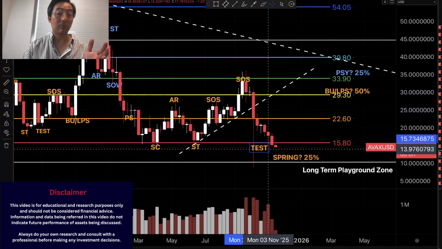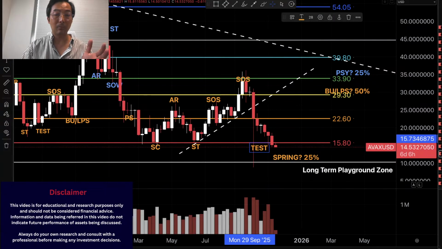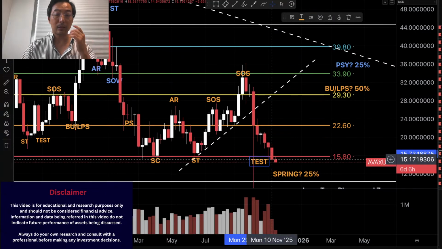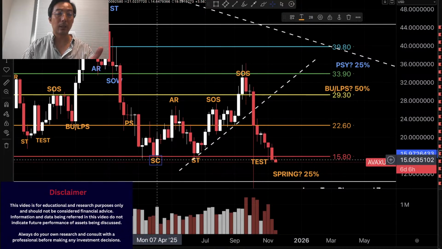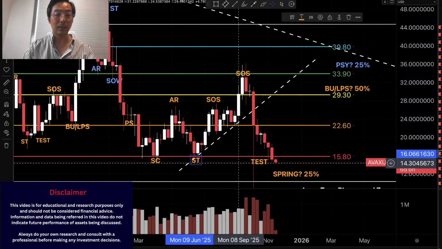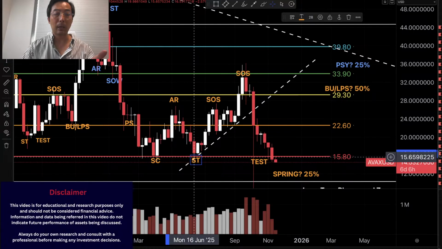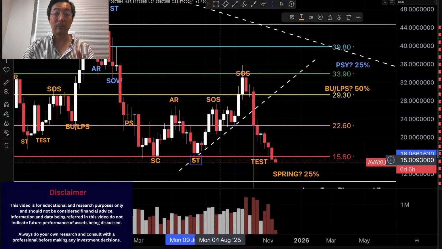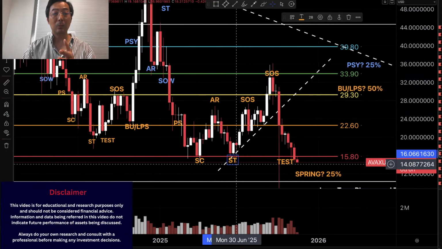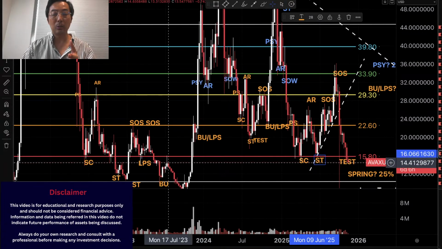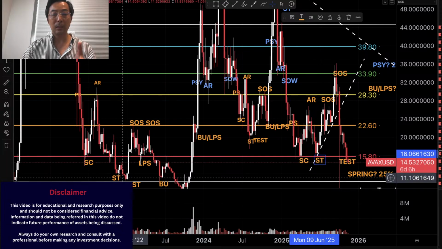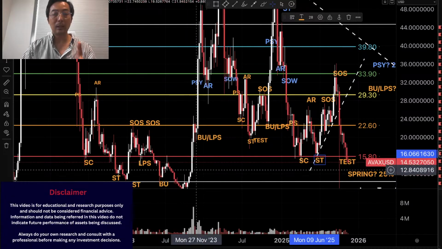AVAX has come down for a test, and this time, especially when last week's candlesticks closed and this week's opened, is clearly a test that has gone deeper than the selling climax and the second test. So those two happened back in April and June this year. Okay? And going back to earlier days, back in 2022-23, those levels, you see the subsequent tests went deeper, and